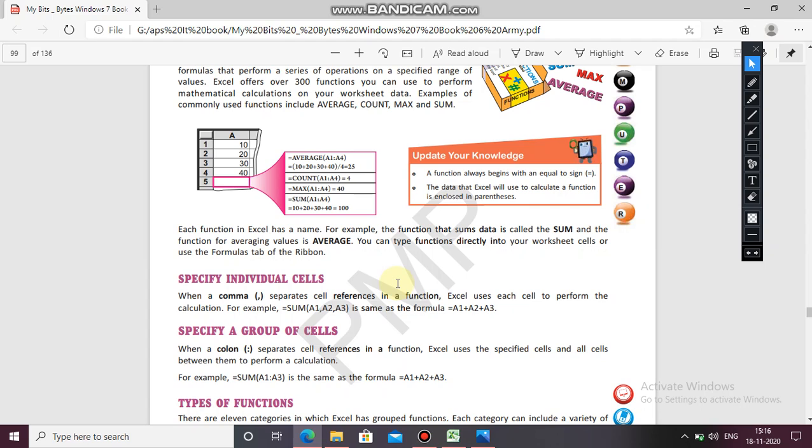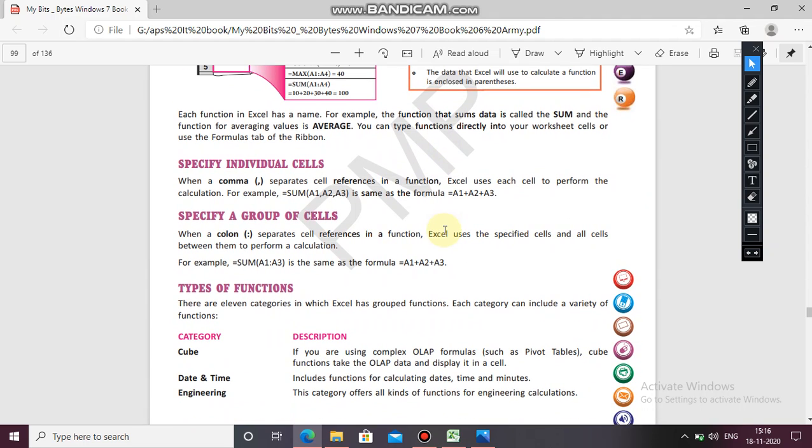Now, types of functions. If you see, there are 11 categories in which Excel has grouped functions, and each category includes a variety of functions.